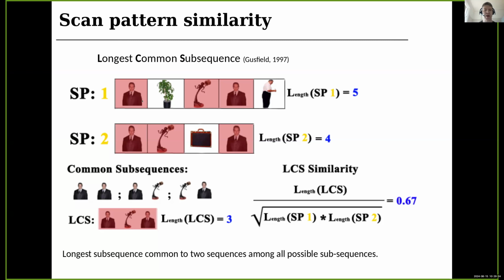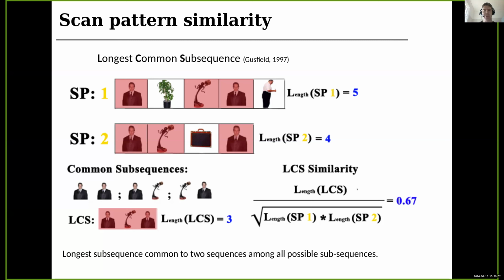And now what this algorithm does, it figures out all the common subsequences. So for example, man, suitcase, man would be a subsequence that occurs in both. Shorter subsequences like man, statue, or statue, man also occur, and then we don't count single object overlap. But we come up with all the common subsequences here. There's 1, 2, 3, 4 common subsequences. We pick the longest one, which is this one here, man, statue, man. Count the length, which is 3.